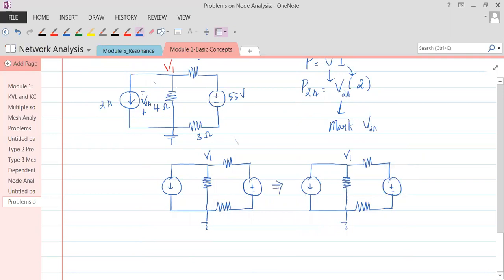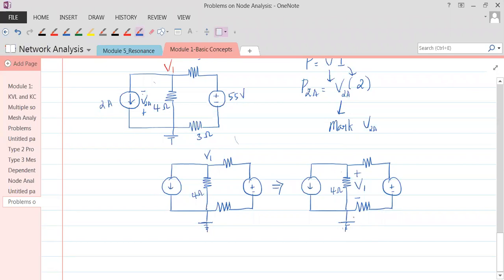This implies that the V1 is across this. What was it across? It was across 4 ohms, right? If this is V1, then this V1 is actually across this 4 ohms. Everybody's okay with this? Understood? V1 is marked at this point, which means this voltage is dropping across 4 ohms. Plus comes at this node, minus comes at the ground. These are all ground points, mind you.